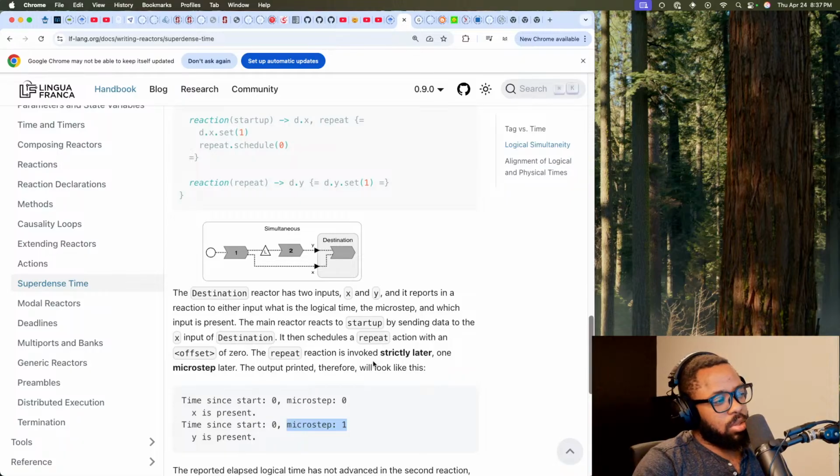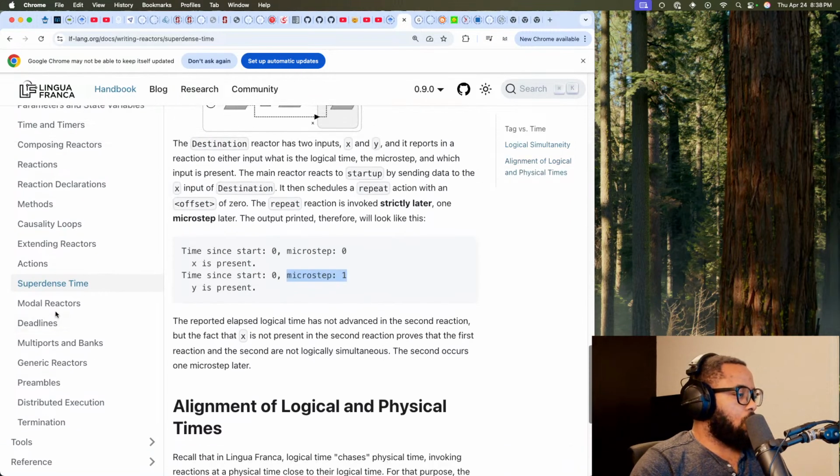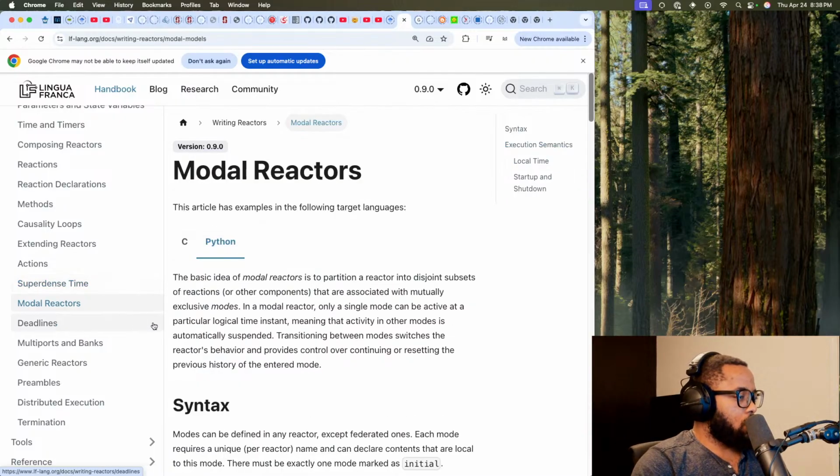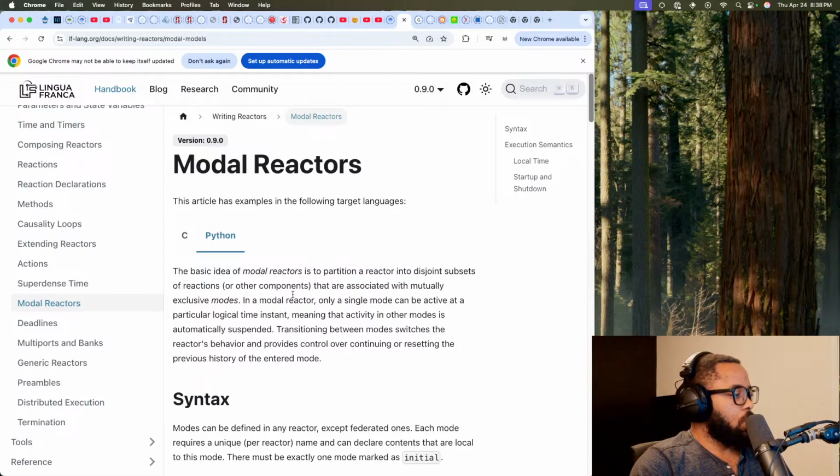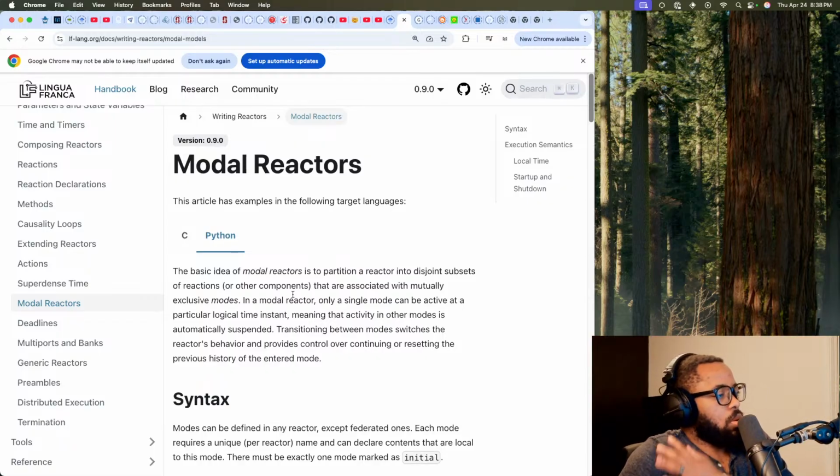But my guess is it's probably across the runtime, meaning the main reactor, which hosts all the other reactors. Anyway, we'll just go ahead and go to the next concept, model reactors.